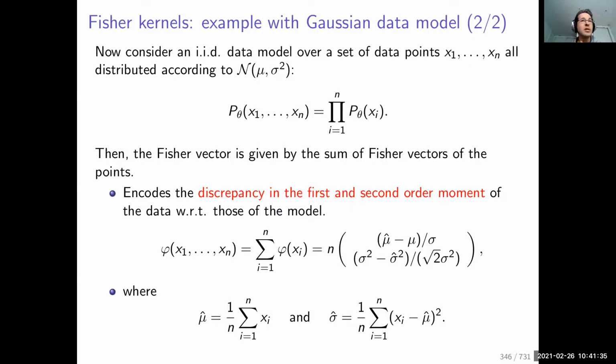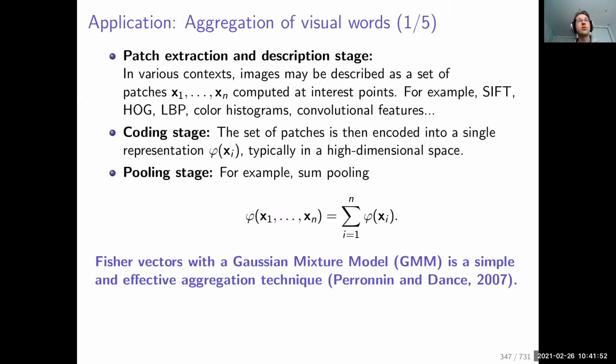So I must admit that here we are dealing with simply a Gaussian distribution in 1D, doing classification from data points that are drawn from some Gaussian distribution in 1D. It's not something which is very interesting. It's going to be interesting if we consider more flexible models. And I'm going to derive the Fisher vectors for this model, which is called a Gaussian mixture model. But before that, I want to do a bit of history.